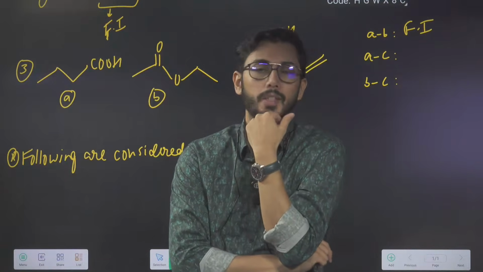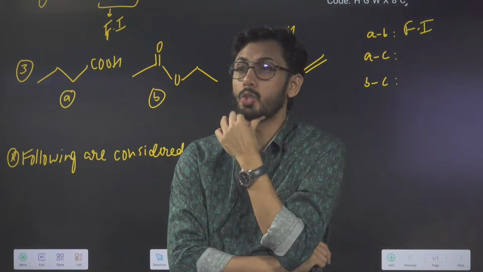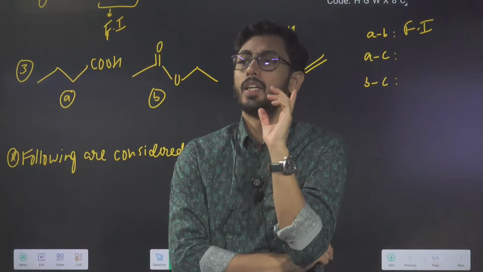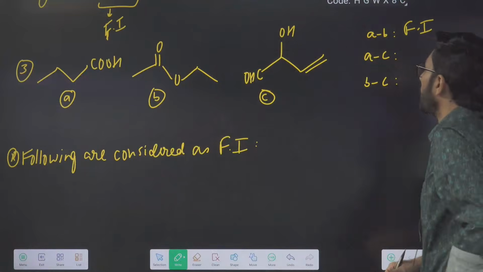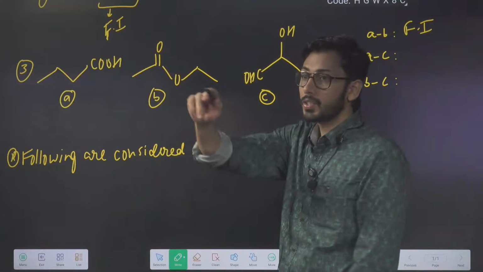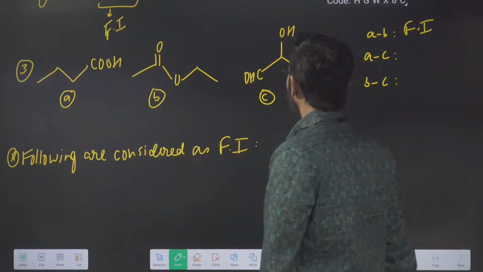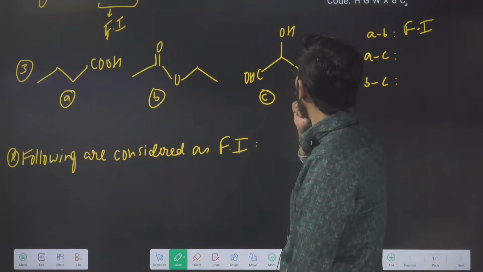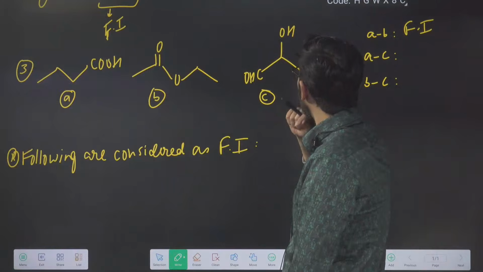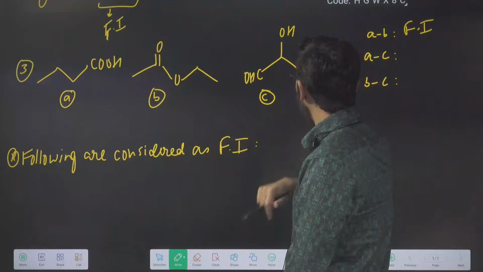Why, Yogi Vardhan? Yogi Vardhan, you are wrong, beta. The point is, they should be having the same formula but different functional groups. If you observe here, okay, yes, you are right. I have made a mistake. DU is not matching. DU is not matching. So what should I do now? I want one more oxygen. That one more oxygen can be